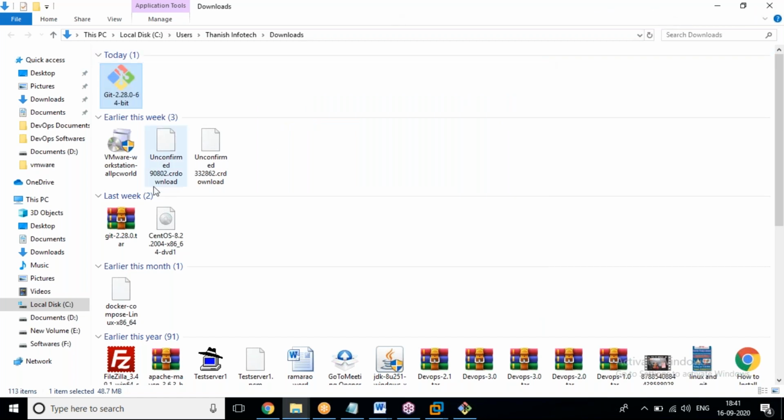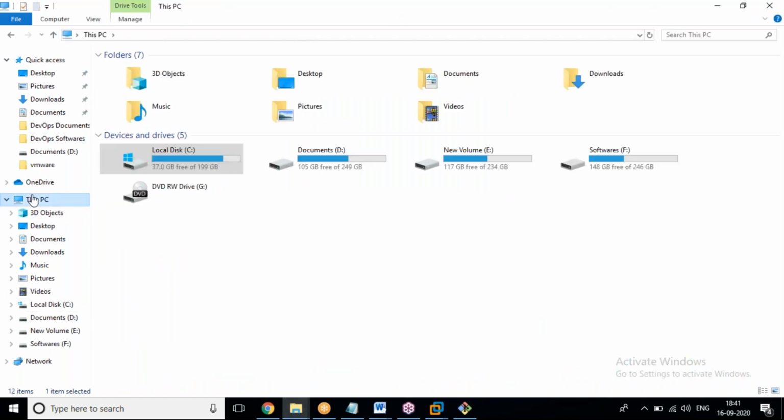Keep in mind, how can we recognize which one is the 64-bit and which one is the 32-bit? Automatically, if you are using a 32-bit operating system, your browser will give that information to GitHub, and the browser will download the 32-bit application.